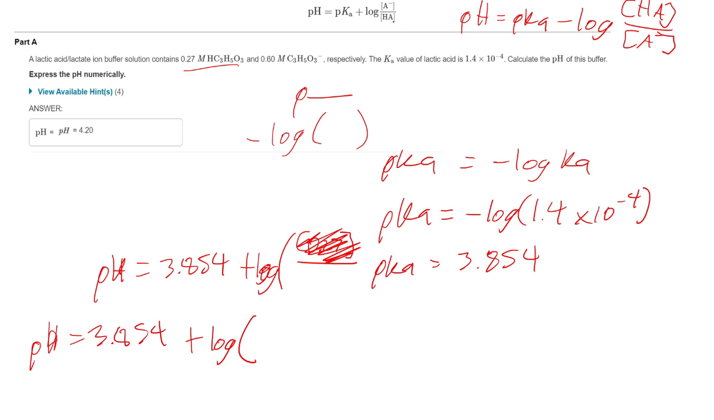And we look up here, it's the A minus over the HA. So the A minus is the one with the minus there. And that's 0.6. We divide that by 0.27, which is our HA. Again, we know that because it has the H in front and no negative charge. All right, so when we do this, we're going to take that 3.854, we add the log of 0.6 divided by 0.27,